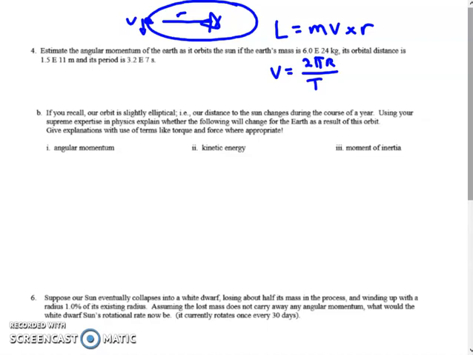Okay, so now we want to take that. This is actually a pretty important problem right here, because this is slightly elliptical. We learned a while ago, Kepler found that our orbit is slightly elliptical. In other words, the distance from the sun changes over the course of the year. We're closest to the sun in northern winter, or furthest away in the northern summer. So I want you to use your supreme expertise in physics to ask what will change as a consequence of